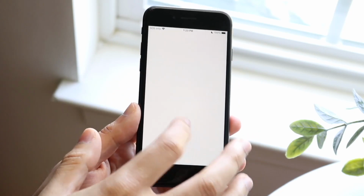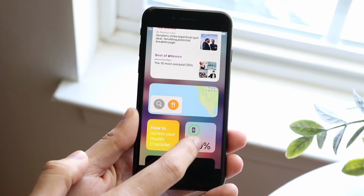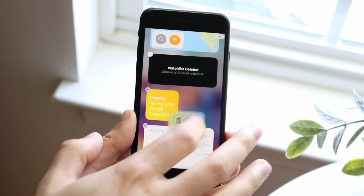Now, in this case, what I'll tell you is maybe I wouldn't recommend the iPhone 8 in 2023, but there are some other iPhones I would recommend buying, and if you want to pick them up, links